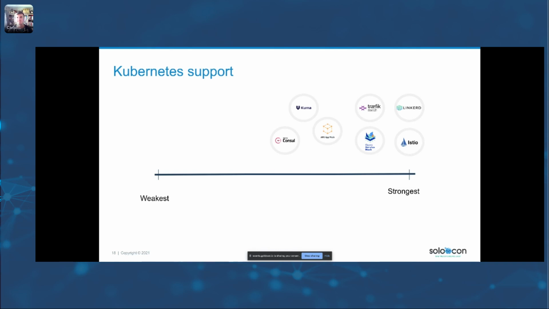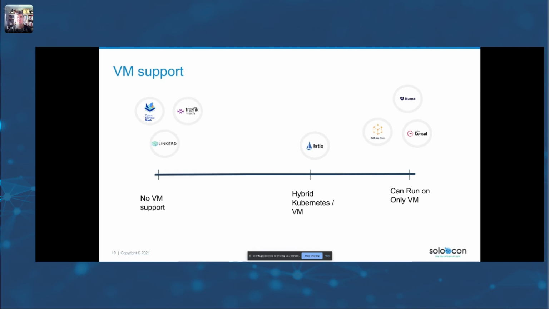do better. Now, what about non-Kubernetes support, or being able to run in hybrid environments? There are some service meshes that don't do anything outside of the Kubernetes environment, and then there are some whose origin was in non-Kubernetes environments, and then they're moving backwards toward Kubernetes. And then something like Istio started on Kubernetes. It was Kubernetes first, and then slowly moved toward VMs, but now has first-class citizen support for VMs.